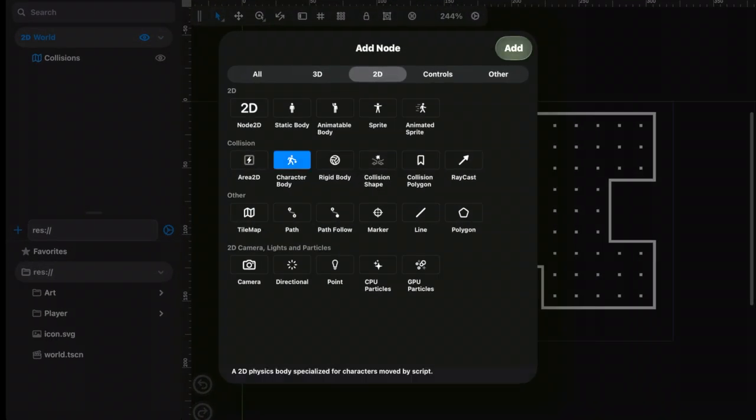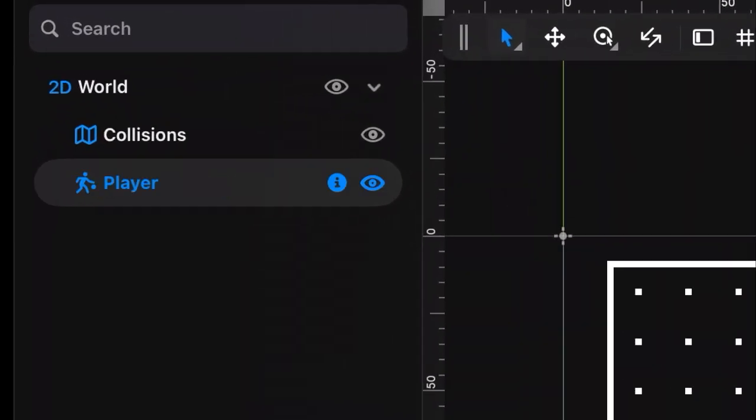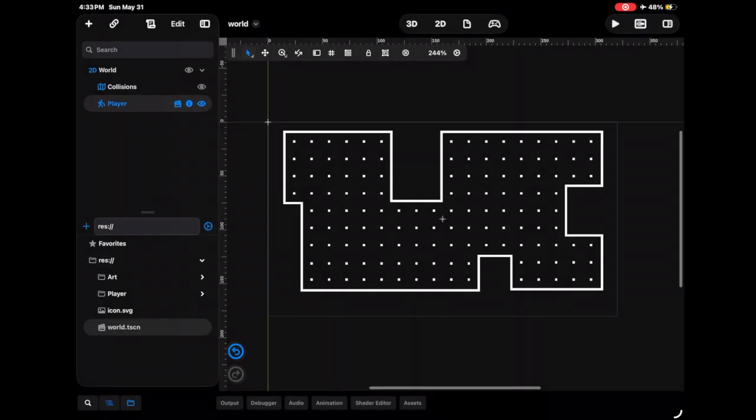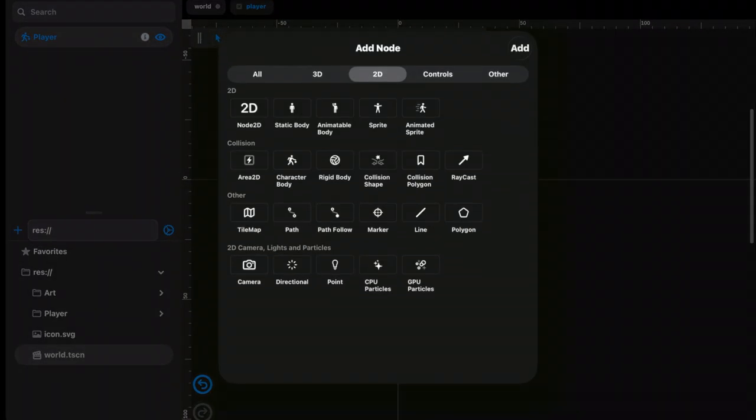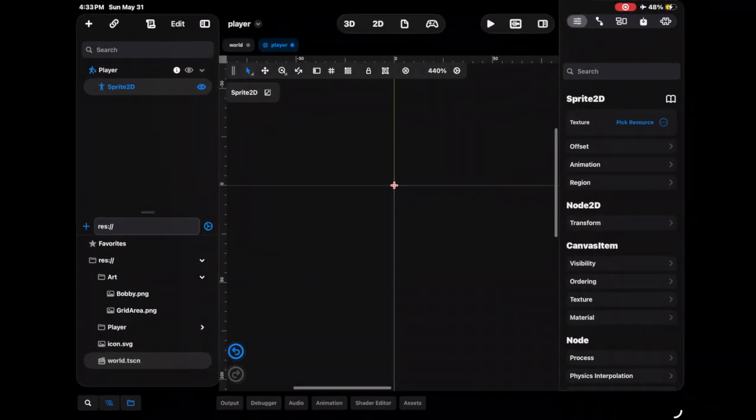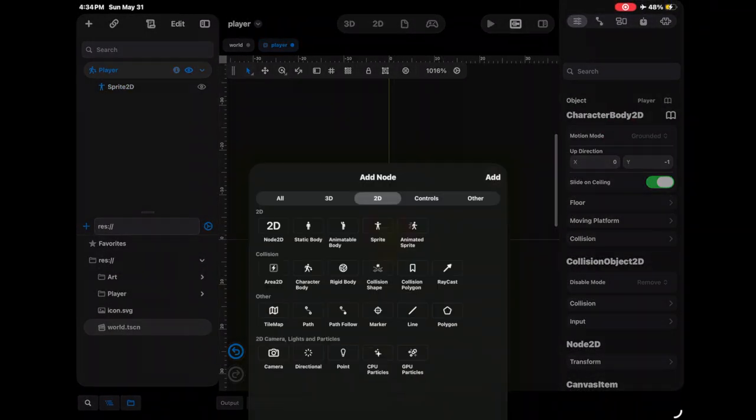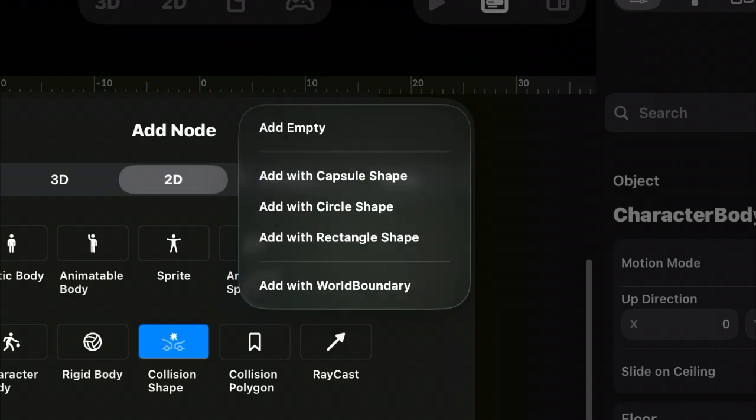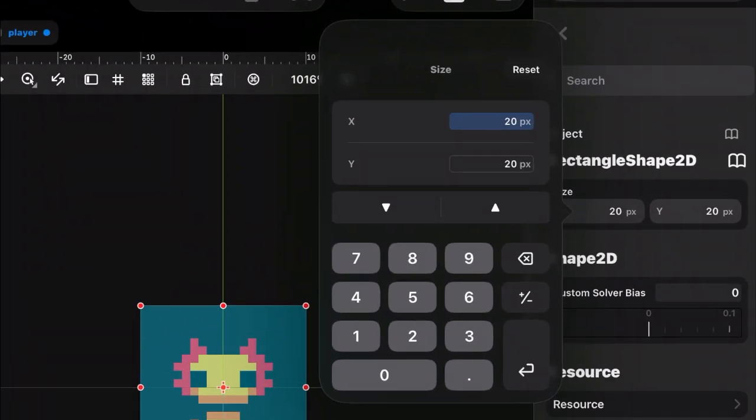First, let's create a CharacterBody2D, rename it Player, and then save it as a branch scene. Then open up the player scene. Then we'll add a Sprite2D and drag in our player art as its texture. Then add a new CollisionShape2D with a square shape that I am setting to my tile size of